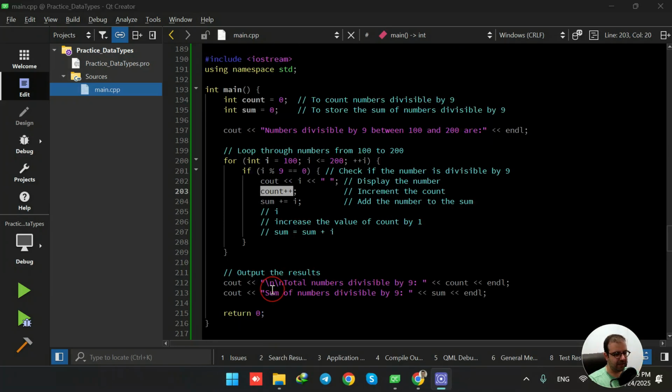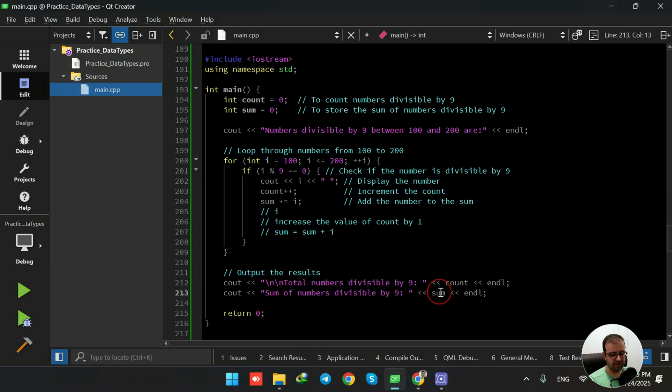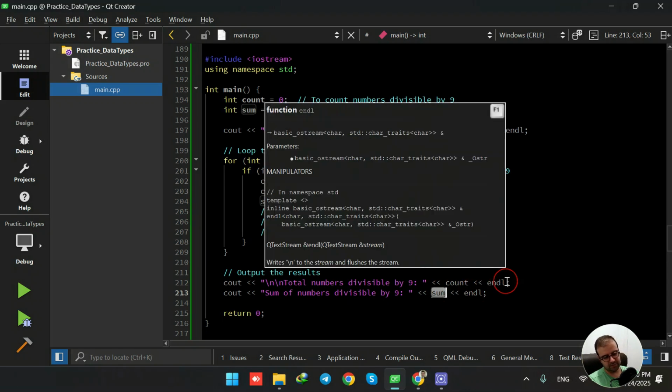1683. Here is how we are showing the output. As you see here, the total number divisible by 9, and then we are printing out the value of count, and then sum of numbers divisible by 9 equals the sum that we are